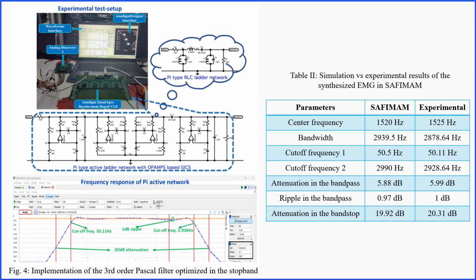To demonstrate SAFIMAM, a Pascal active bandpass filter, optimized for stopband performance and synthesized from a pi-type LC network, was selected. The passive network was actively simulated by replacing the inductors with components based on general impedance converters. The active architecture was implemented using FPAAs on the Anadigm QuadApex board and tested with the Bode analyzer of the Analog Discovery 2. Figure 4 and Table 2 present the circuit schematic, experimental setup, frequency response, and the corresponding simulation